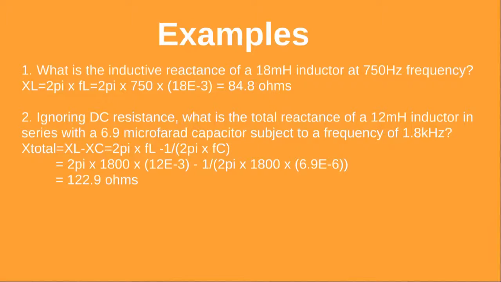Secondly, we have a capacitor and inductor in series. Using our formulas, we know that total reactance is just the difference of the inductive and capacitive reactance. Once again, we're given all the information to plug in, and this is our final answer,